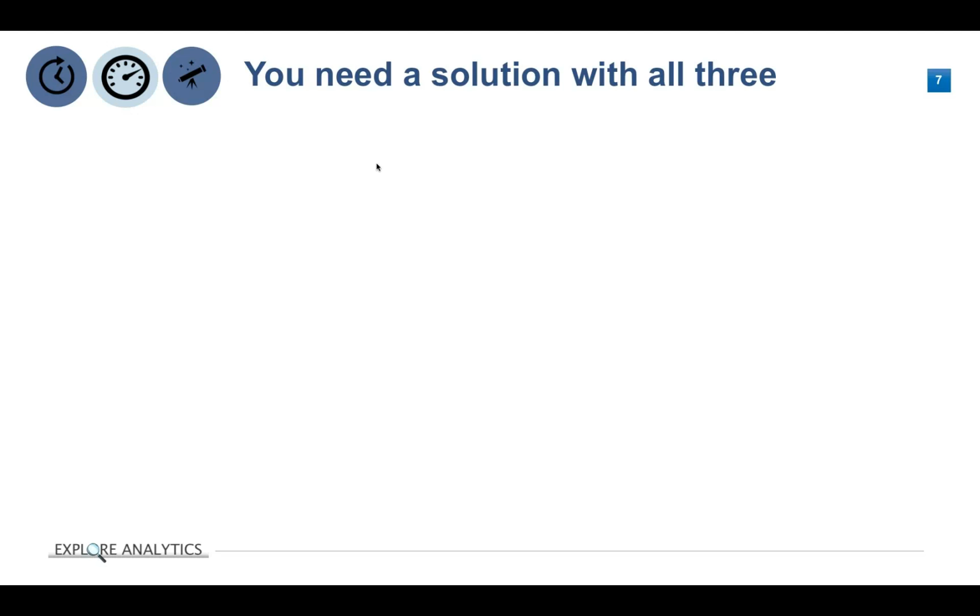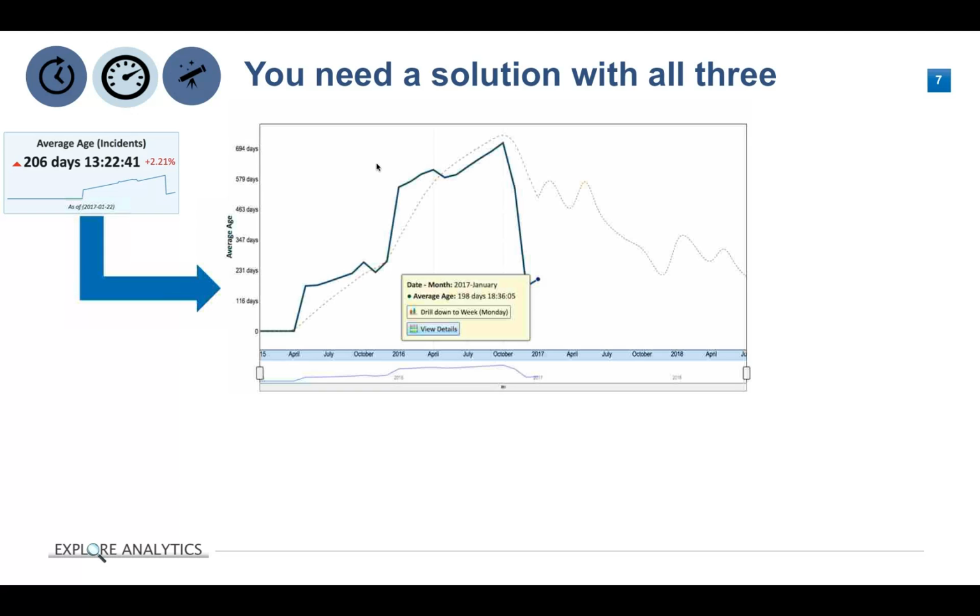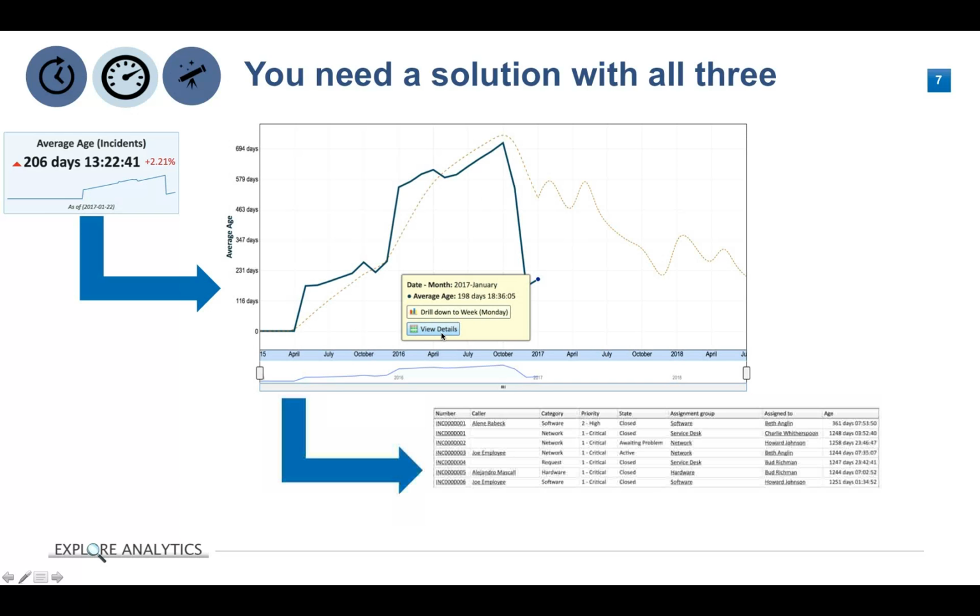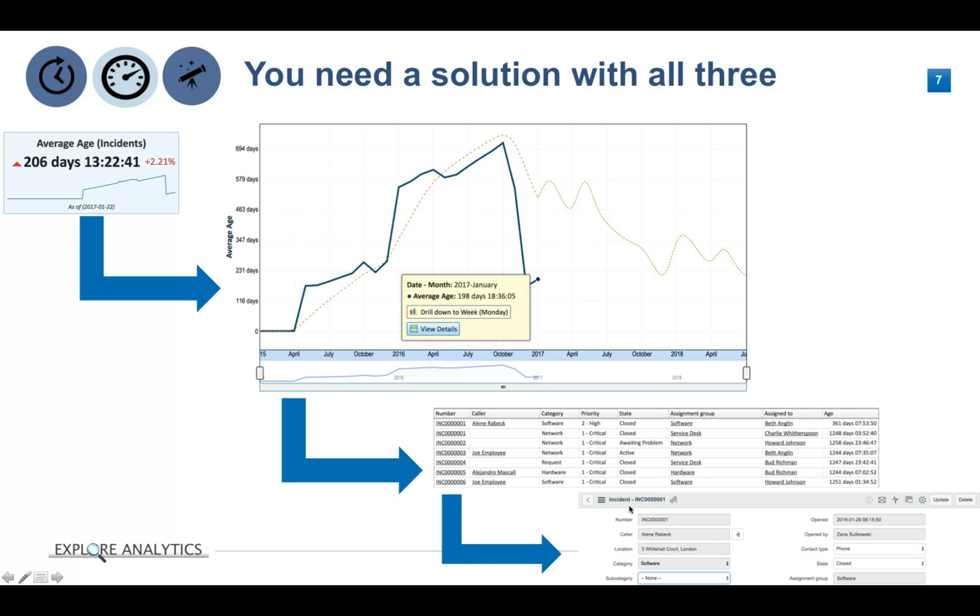I'll give you an example. All the screenshots we saw so far were using average age. So I start with this scorecard that says we currently have an average age of incidents that's fairly large, and it seems to be getting worse. I want to be able to drill into that and see historically how has that changed over time. I want to be able to click to view the details. I want to be able to compare it to the forecast of where it's going to go into the future, and drill down into the details to see, okay, these are the specific incidents and how old they are, and then drill down even further to be able to actually take action and make changes based on what I'm seeing